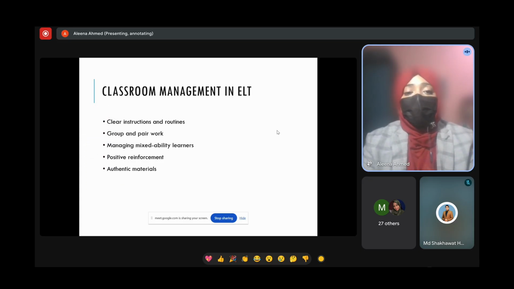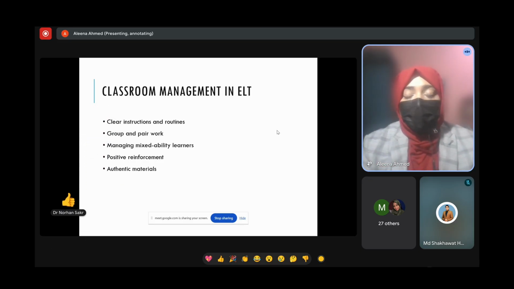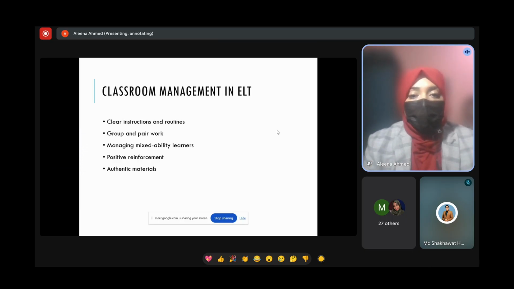So to portray a very serious and a very formal body language at the very first day is very important, so that they may know what we can talk to our teacher and how we can talk to our teacher, and what we cannot and how we cannot talk to our teacher. They can differentiate, they can learn about the boundaries of a teacher-student relation. So this is why I'm saying that clear instructions on the very first day are very important to set that.